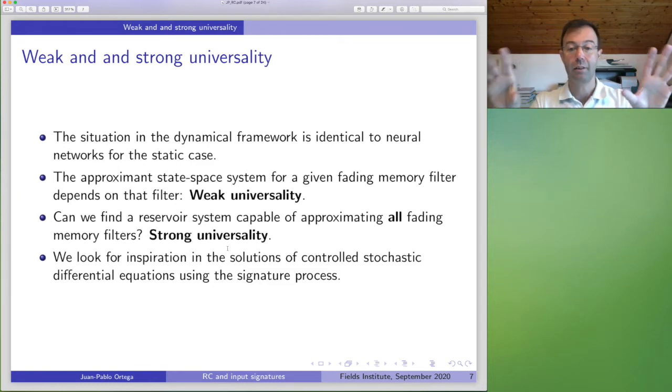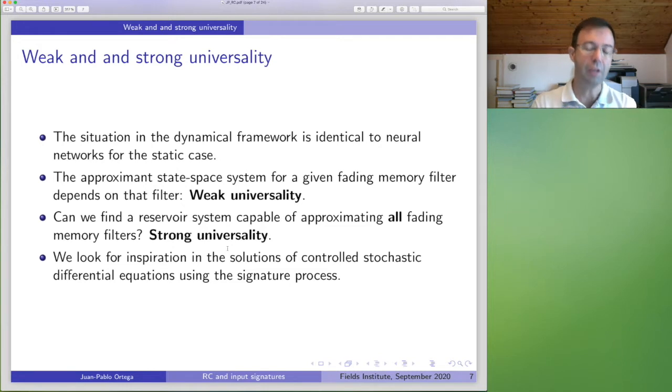So the factor that takes you from this input to this output can be factored out as the composition of two objects. The first one is what they call the signature process, which is, well, just listen to Joseph's talk, but it's a relatively sophisticated object that you define in an admittedly infinite dimensional space. Actually, it's a Hopf algebra with as many generators as the dimension of your input. So this is an infinite dimensional object. And then, well, you solve that thing, right?